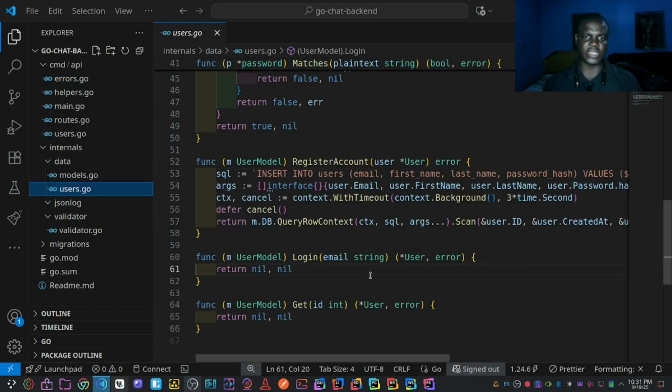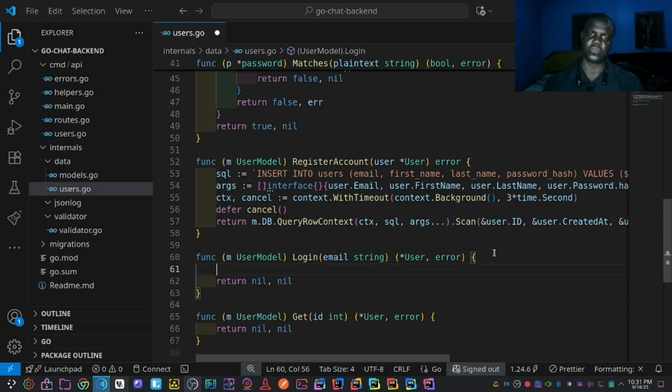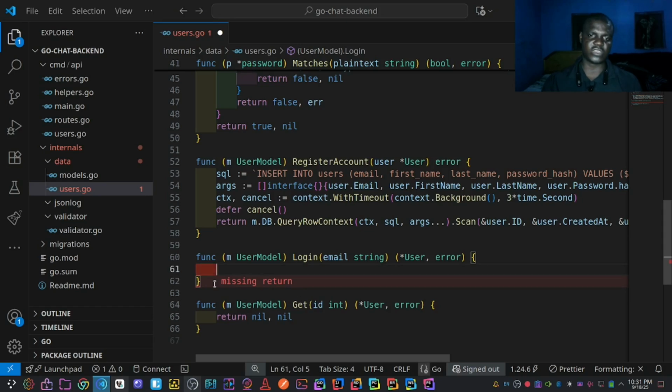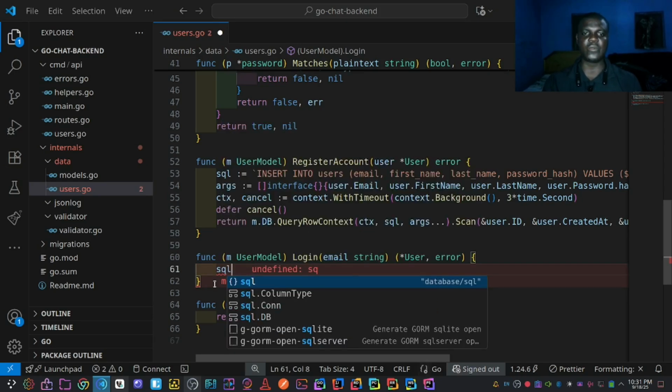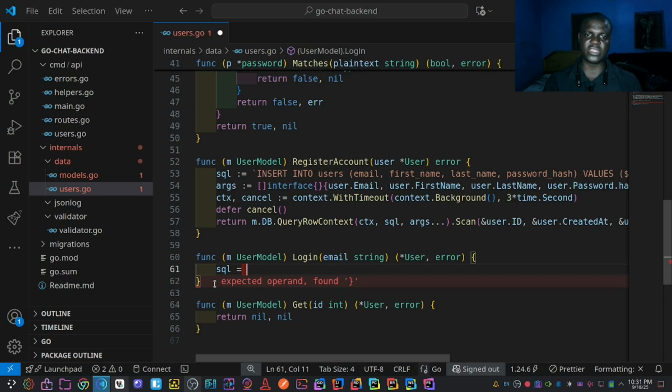We are going to write the SQL for the login of a user. So over here, what I will do is I will just remove this one, and now I'll write a query for that. So the query that we are going to write is going to be equal to,